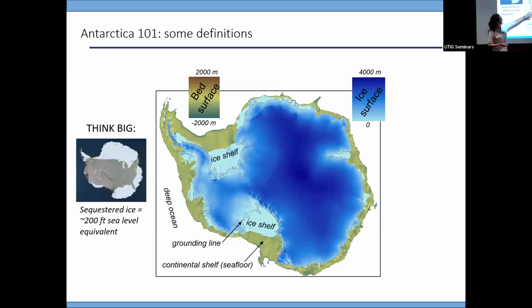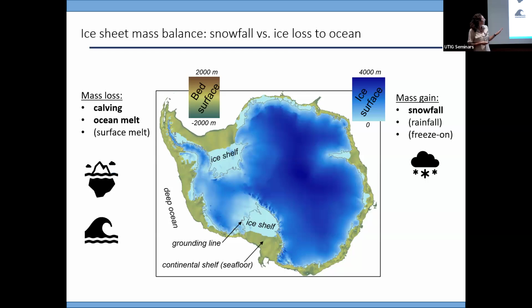During the last glacial maximum, this ice was expanded almost all the way out to the continental shelf edge, and has since retreated to the modern. And so when I talk about the continental shelves of Antarctica, I'm talking about this exposed seafloor area here. The ice sheet mostly gains mass by precipitation at its surface. This builds up ice thicknesses of up to 4 kilometers in the interior. And all of that ice gets transported out to the margins where ice mass loss is mostly through calving of icebergs, some melt.